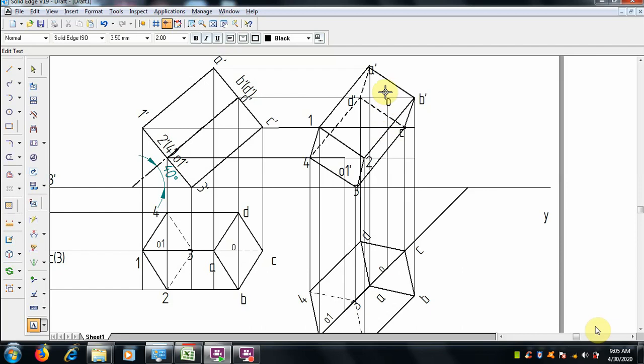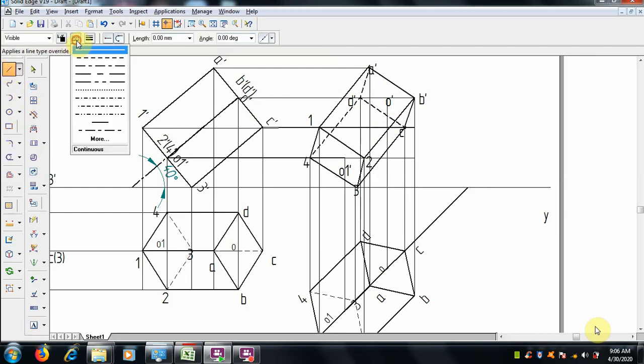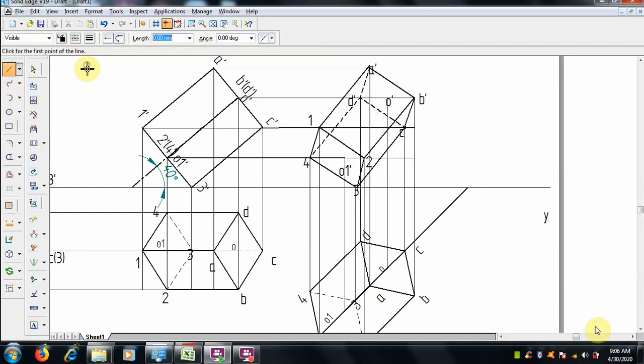It is O here. Axis, now the O axis is done.